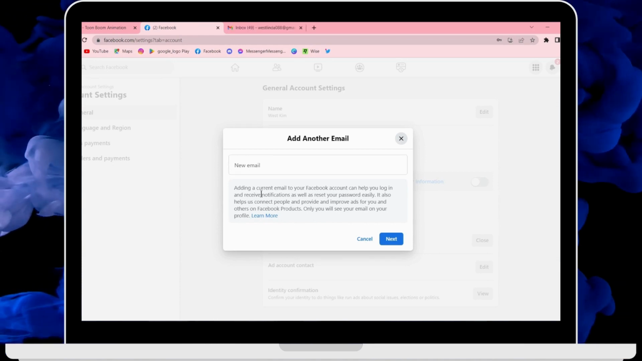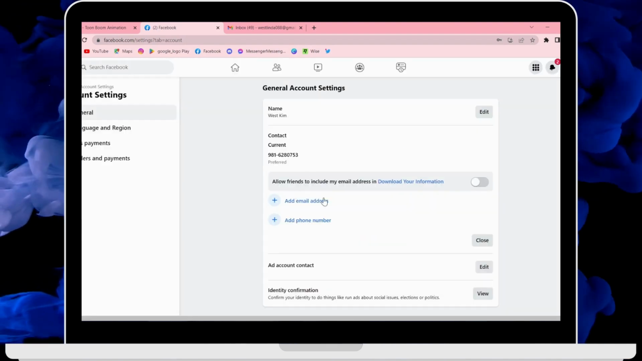For now I don't have an email address, so from here you can add an email address, and then if you want to change your email address, then you can simply click on add email address again, and then you can choose the email which you want to make primary for your account. So that's it guys, that's how you change your primary email on